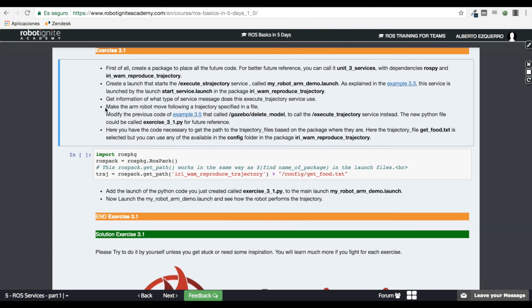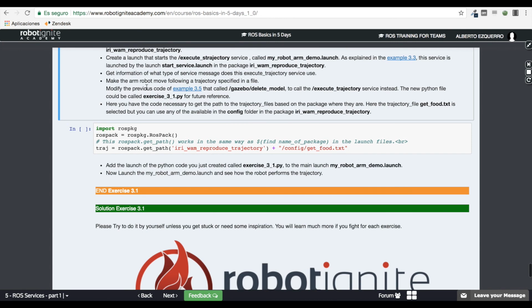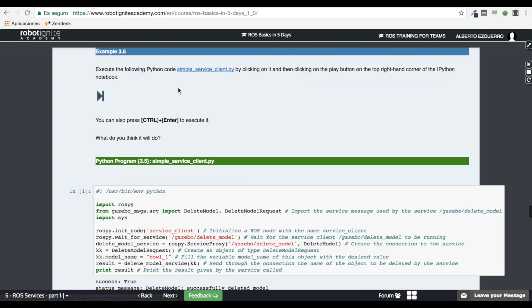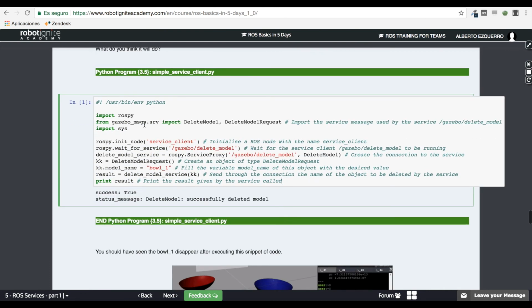Then you will need to get information on what type of message this service uses. You already saw this at the beginning of the unit as well. Using the ROS service info command, you can get information about this. And then you have to create a code like the one in example 3.5. You will have to create a Python code and copy paste this code here, like it is. Then you will have to modify this code